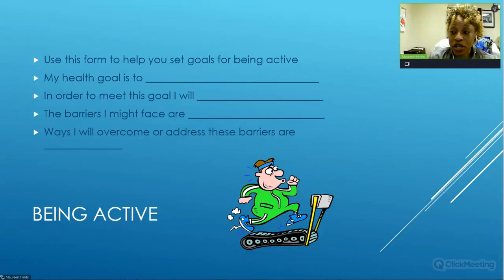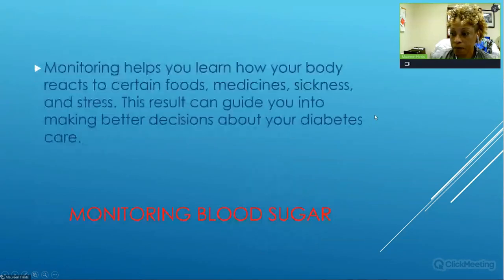Now, the trick is going to be think about these other areas. In order to meet my goal, what do you have to do? Do you foresee any kind of barriers that would prevent you? Because these goals sound really good, but do think about anything that would get in the way of you accomplishing these goals and try to address them before they happen so that you set yourself up for success.